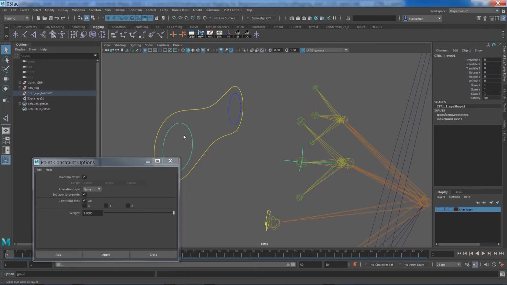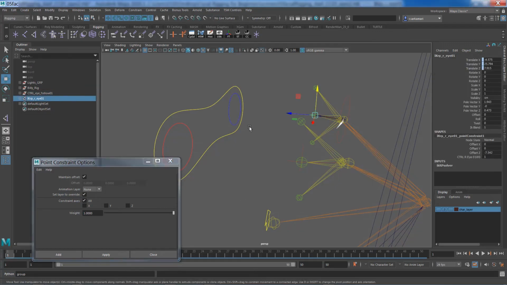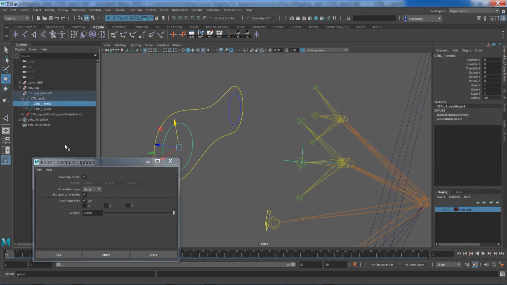So when I move, you can see the eye follows. How cool is that? Let's do that for the other side. Bring the mesh back and have a look at the result. So I'm going to select the driver, driven, apply, and then child, parent, press the P key. Now what you need to be mindful of, if I bring the controller back,